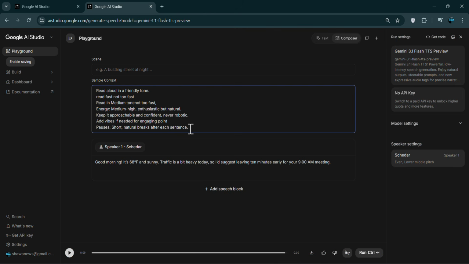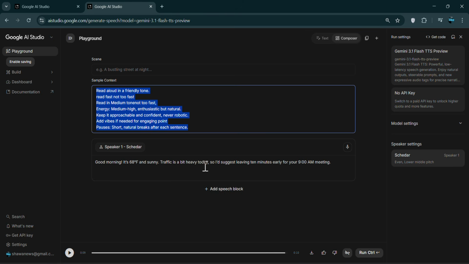Go to ChatGPT after you generate your voice, or wherever you are generating your voice. Ask the AI to give you a sample context for your voice that you are using AI Studio to generate. The AI will generate a sample context for you that would align with your script. After you get it, take all the context and add it in this section. After you add it in this section, you can go ahead and select the voice and add in your text. Make sure to keep splitting your text, otherwise